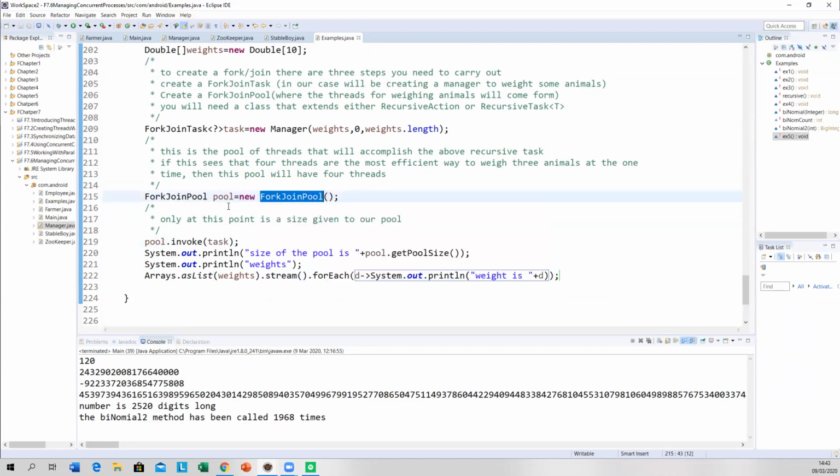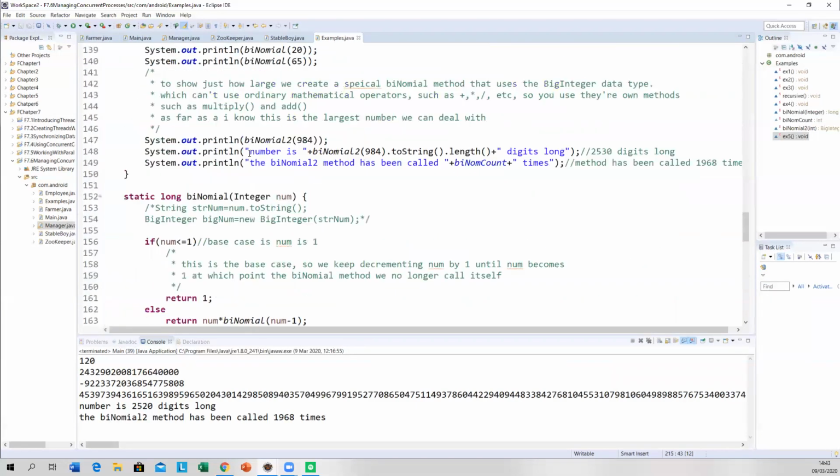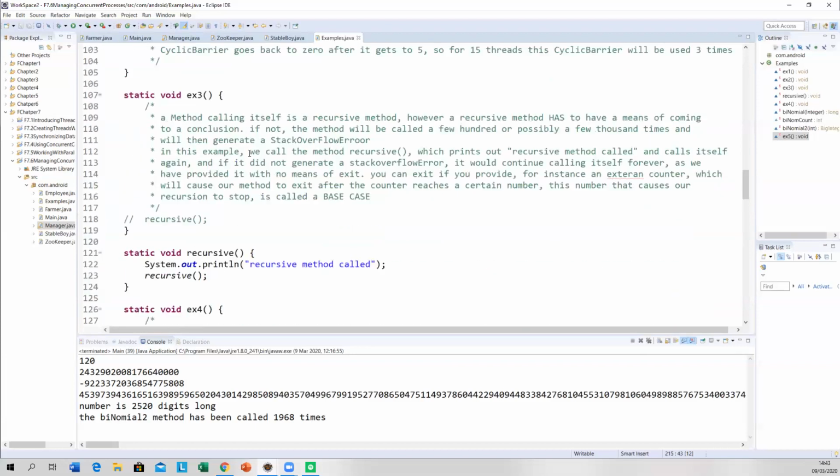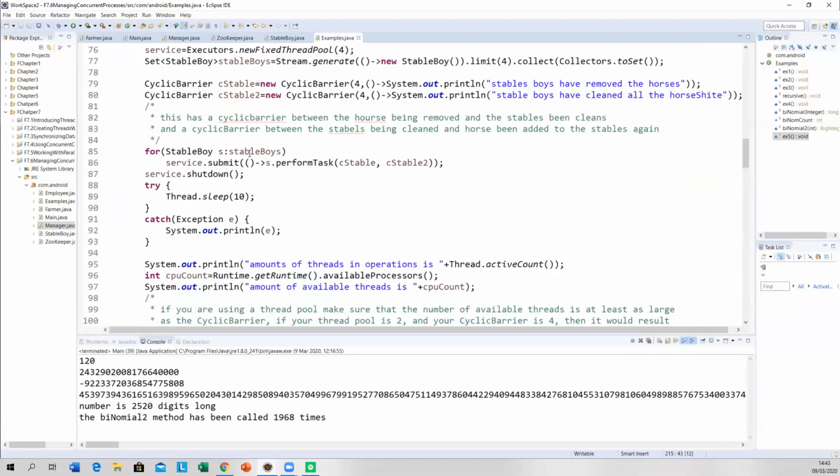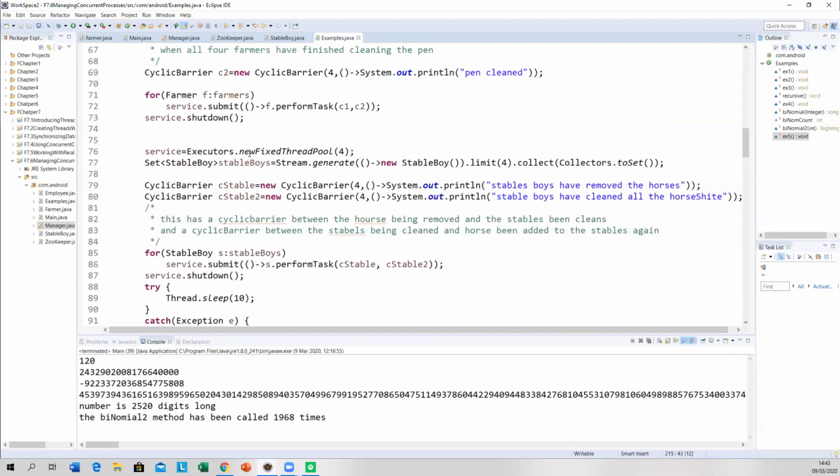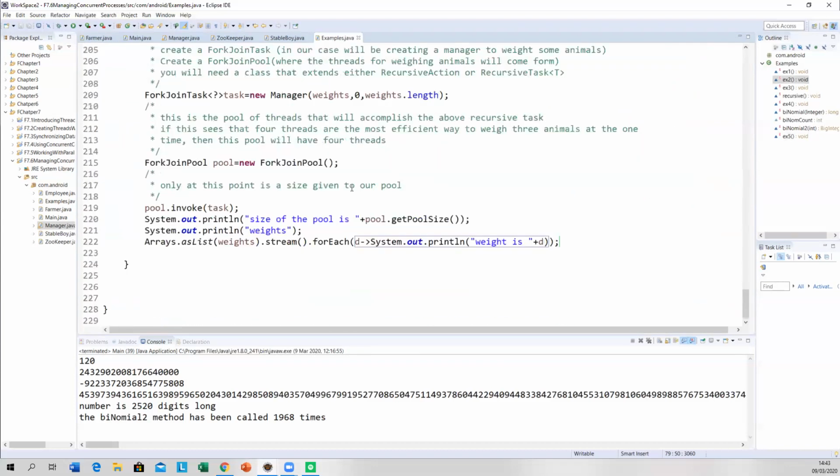You've seen before, when we were doing the previous example up here, when we were doing cyclic barriers with a new fixed thread pool, we had a cyclic barrier of size 4. Now, down here, what this invoke does is create a fork join pool of size 4.